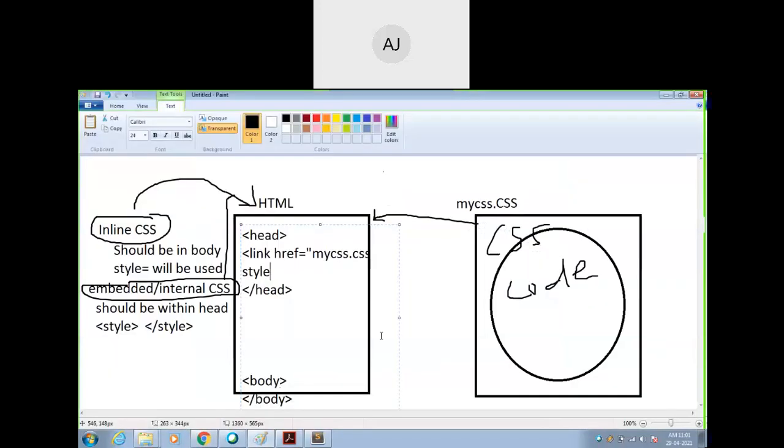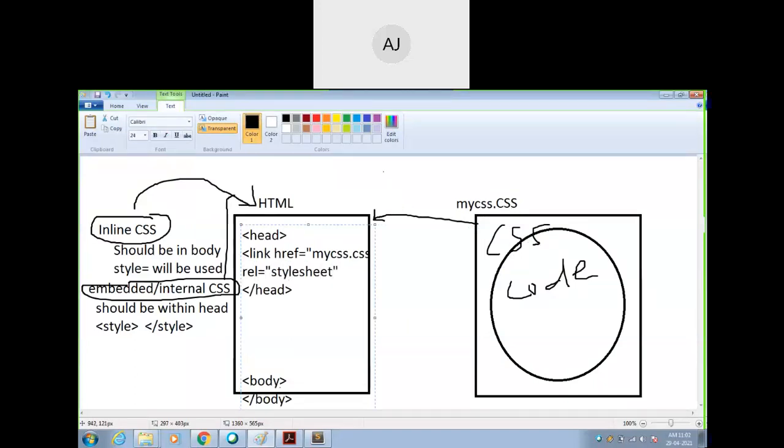What relation is there? I will use here rel equal to what type of relation with HTML. It is a normal style sheet. Okay, so it is a stylesheet.